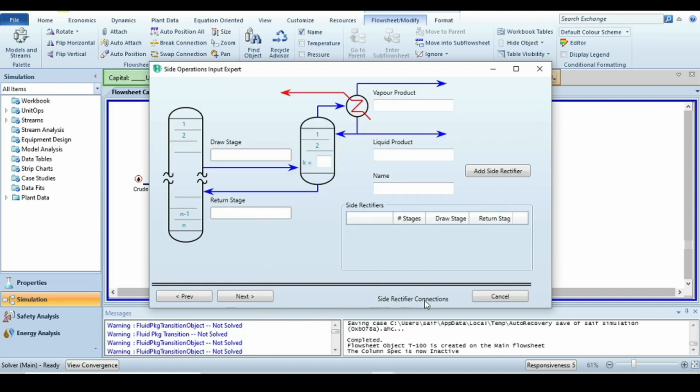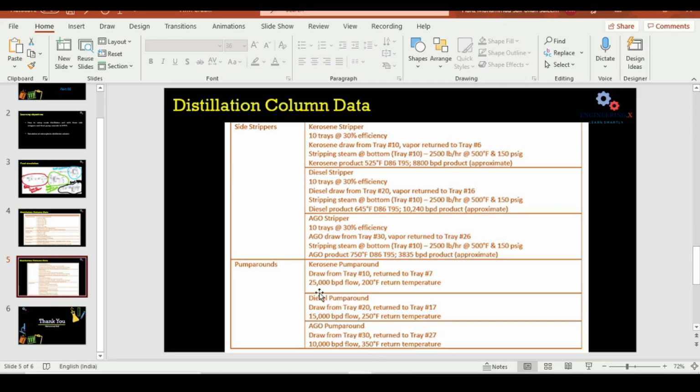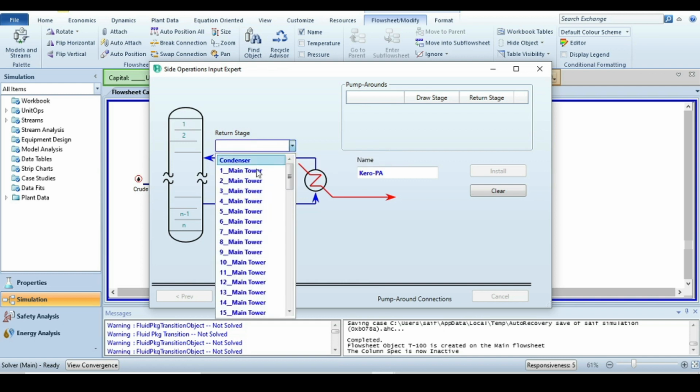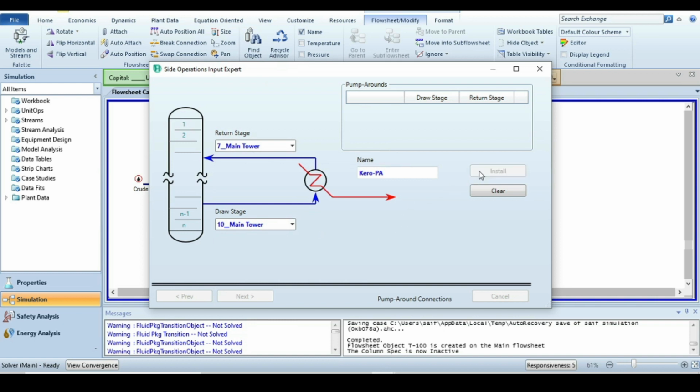Here we have side rectifier connection that we don't have. Click next. Here we have pump around connection. Yes, just insert one. So the first one is Caro pump around, and it is drawn from 10, return at 7, 10 and 7. So stage number 7 and 10, install, add a new one, the second one, diesel pump around, and this one